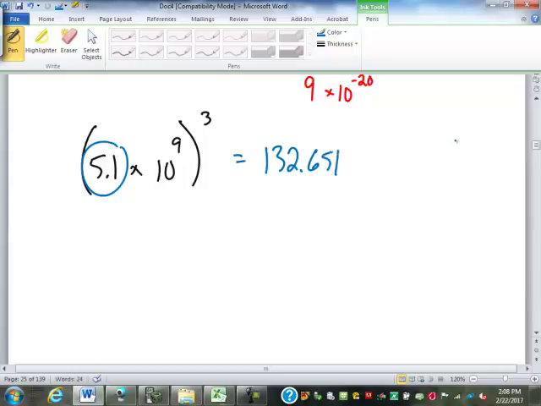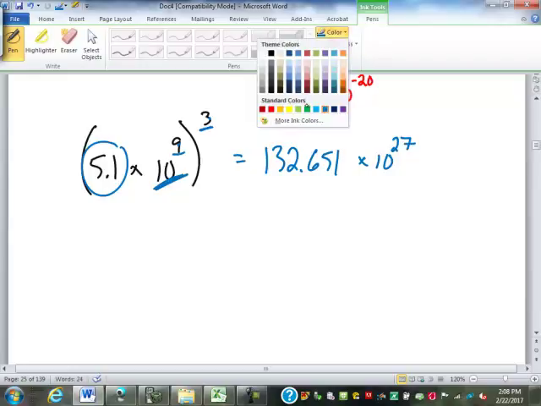We haven't talked about rounding and significant digits really, so for right now we are going to leave all those digits there. And then the exponent, when we take an exponent and raise it to another power, we multiply the powers. So that's going to be 10 to the power of 9 times 3 would be